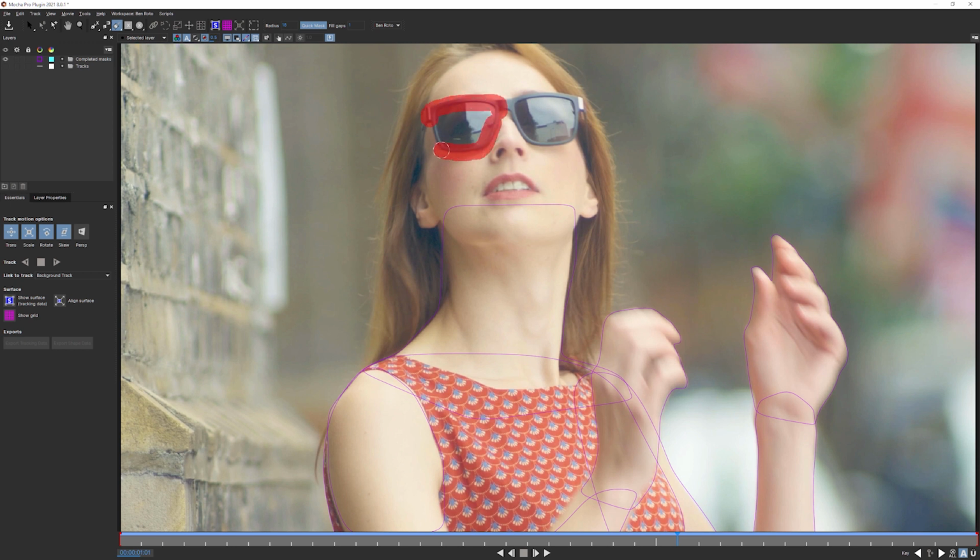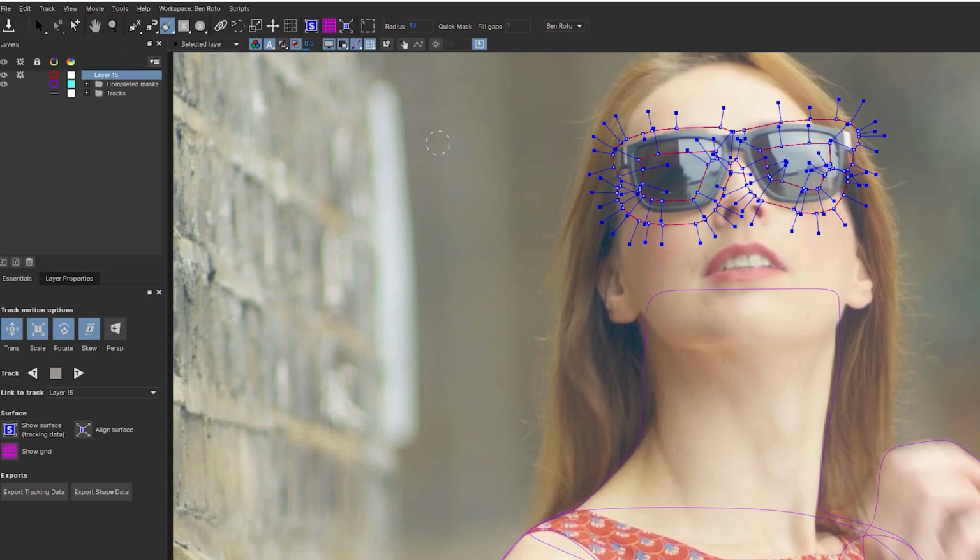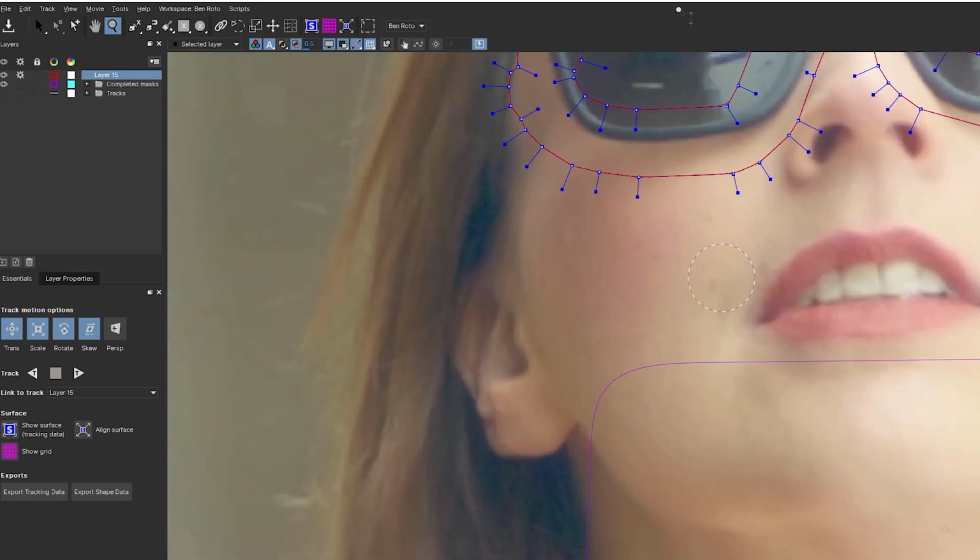So I'm going to paint the full sunglasses here. Let's see what we get with this. Looking good. And when I am done with this, I can turn Quick Mask off, and that will give me a shape. If we want to add to the shape or remove stuff from the shape, we can come in to our area brush with a little plus sign and zoom in.